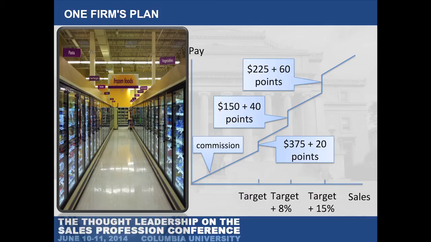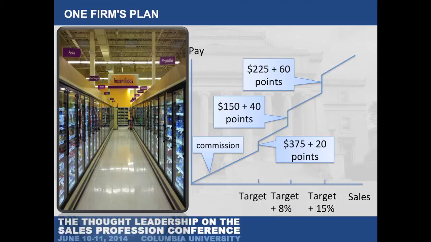Let me tell you what we do know, and then we'll take it from there. So who are these folks? We're looking at people who sell frozen products, frozen food products, pizza, what the heck, to grocery stores, okay? So these are people who call on grocery stores, they have accounts, and they sell frozen products. It's mostly pizza. Now, there are lots of other details I'm going to suppress. Let me just flash to the point I want to get at.